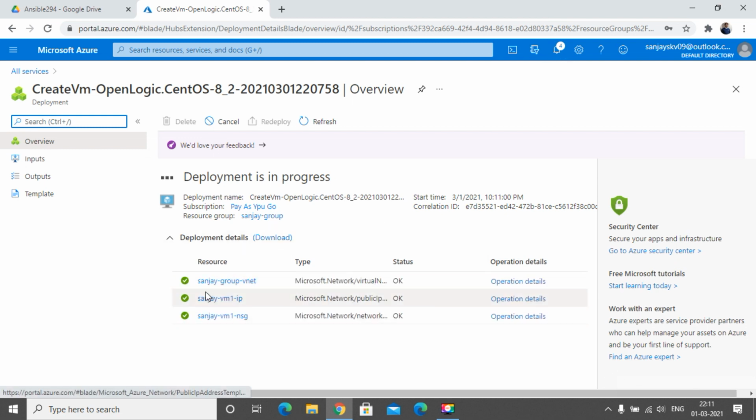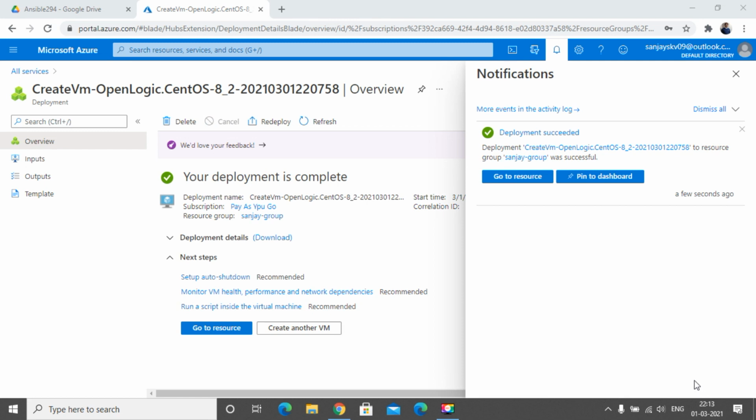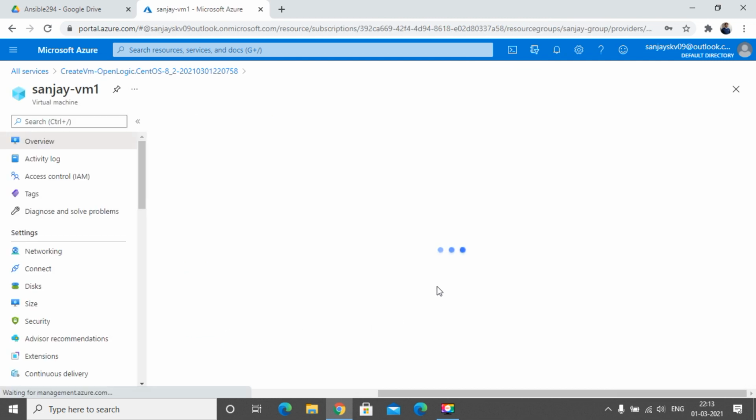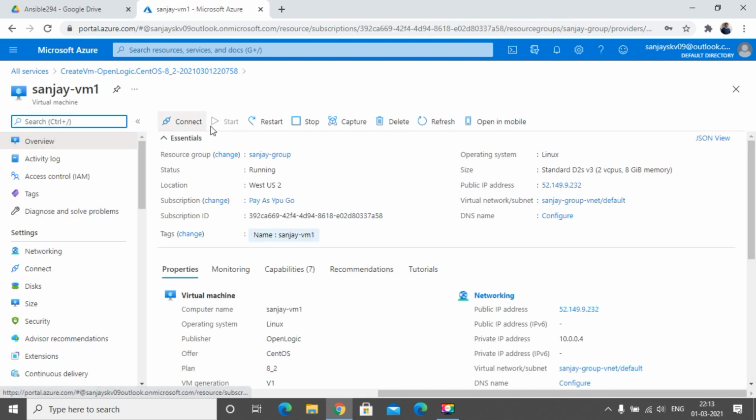You can see I am getting a VNet, a public IP, and an NSG. Now you can see deployment succeeded. Go to resources. You can see my VM is ready.